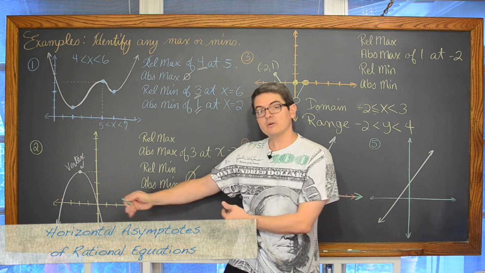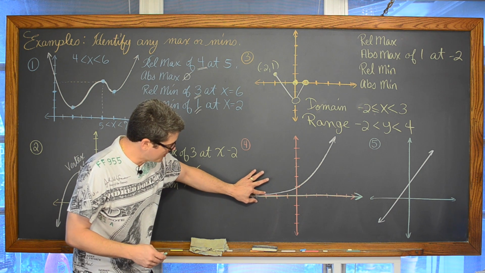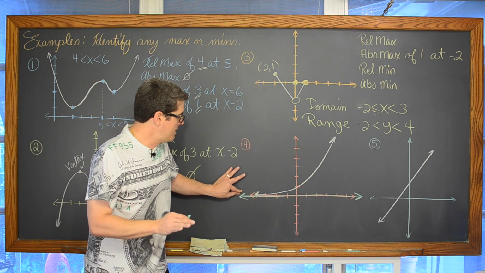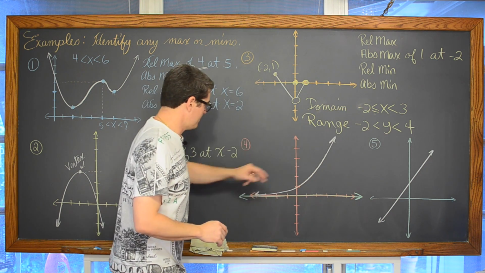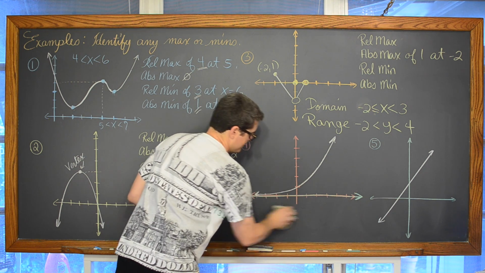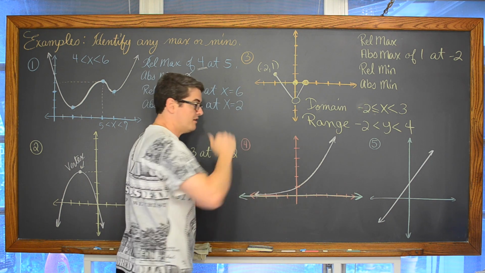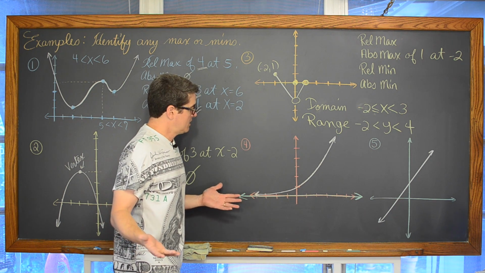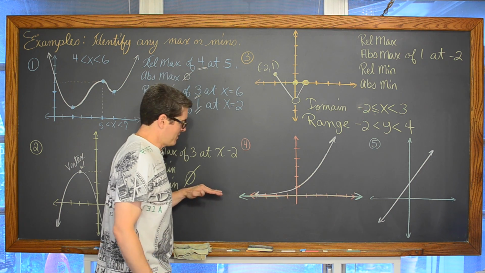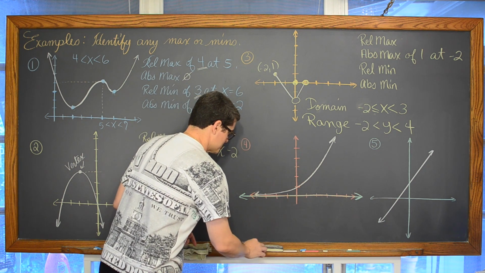I'll put a link here about learning about horizontal asymptotes if you like. As this graph goes to the left, it's getting closer and closer to y equals 0, but it'll never reach it. And it's going up forever as you go to the right. I really didn't intend on making a lesson about domain and range. I've already done that, but understanding how to set up domain and range will explain why this graph has no maximum or minimums. And a fancy name for it, as you read it left to right, it's always going up. It's monotonic increasing. That's something I've defined for my students already.